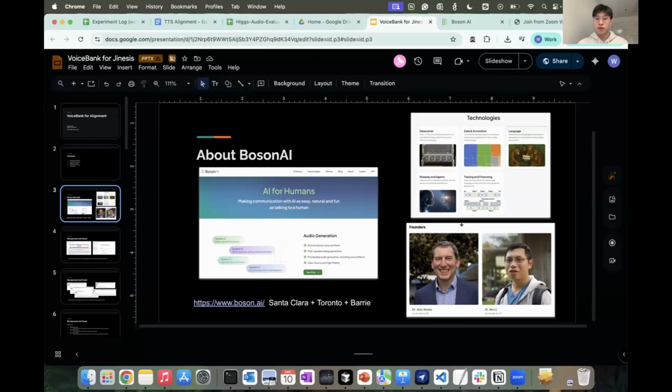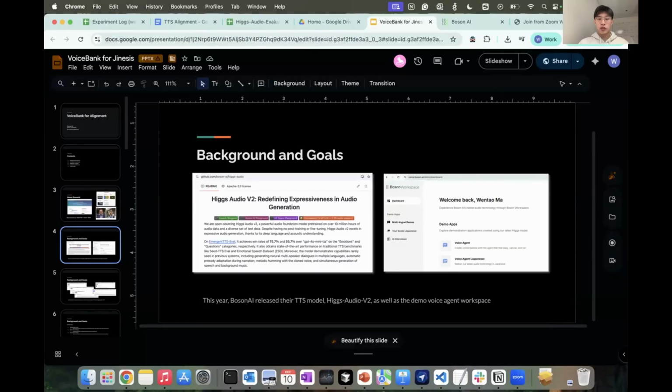Two of the founders of the company are Alex and Mu. This year, the company has had some breakthroughs and milestones on the audio generation side. Several months ago, it released a new model named Higgs Audio V2, which is a 3B-sized text-to-speech model.